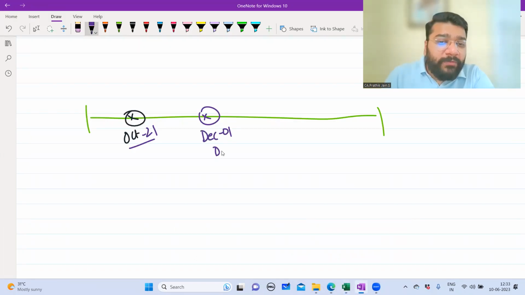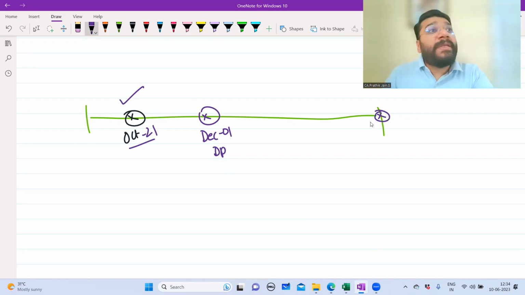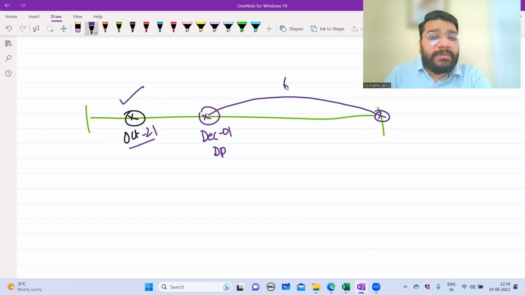December 1 is the due date for payment. When we recorded this purchase transaction, guys, we presumed on that day that we will not make the payment on the due date. And we will not make the payment till 1st Feb. We presumed that, we assumed that, and we said that there is a delay of how many days? 62 days of delay will be there. Like that we assumed. And on that the interest what we calculated was